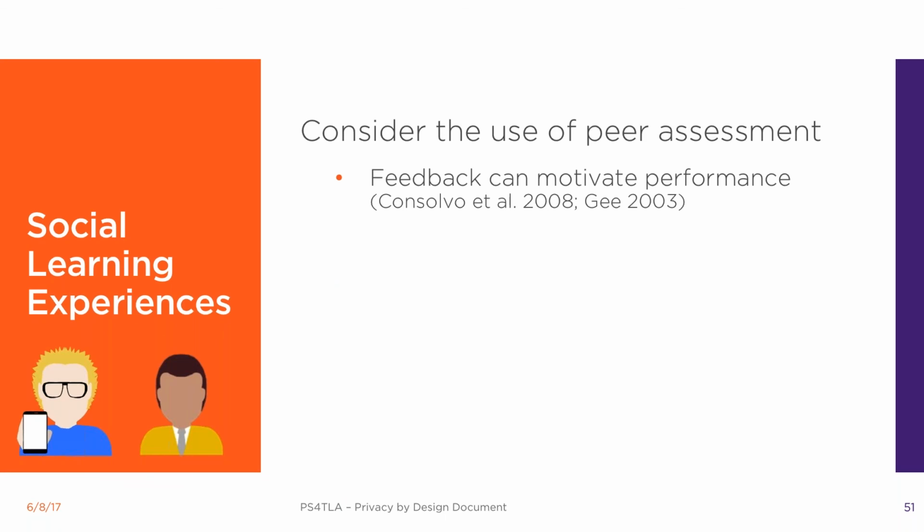One typical aspect of social learning is peer assessment. I wanted to mention that separately. So feedback from peers can motivate performance, but overly extensive peer review procedures can actually be counterproductive. So there are both drawbacks and benefits to anonymity in peer review. So we could maybe make the peer review anonymous or have it open, but it's difficult to decide what is